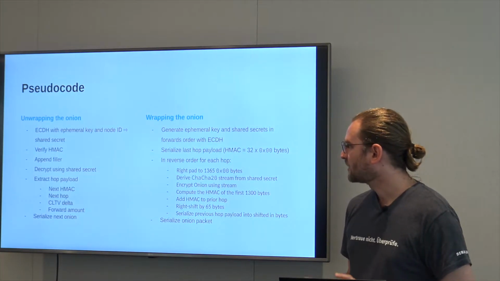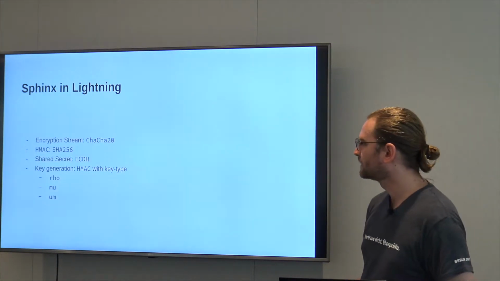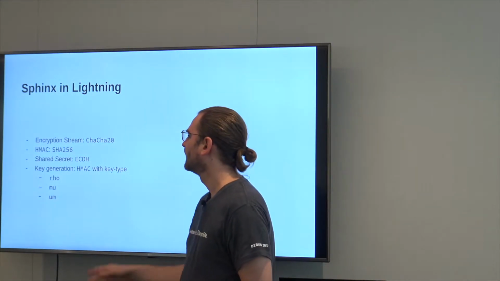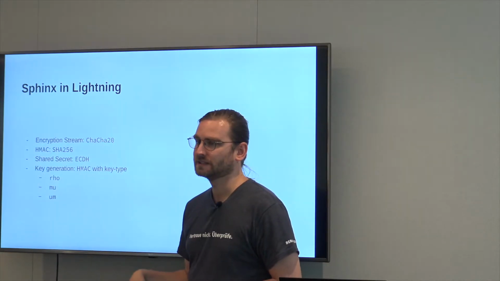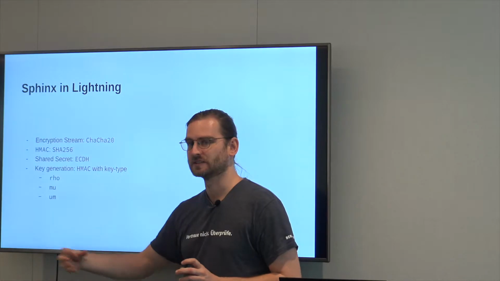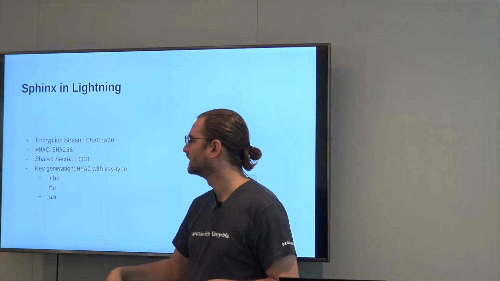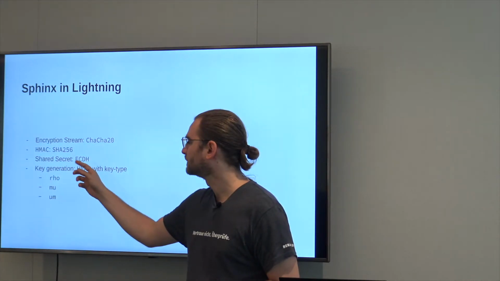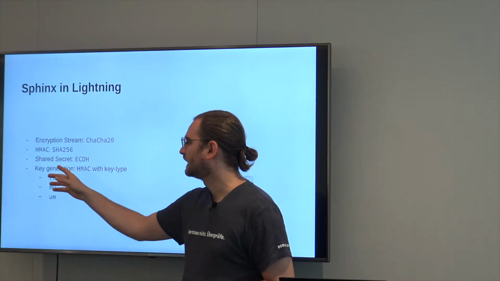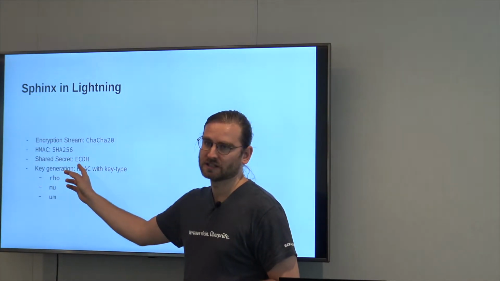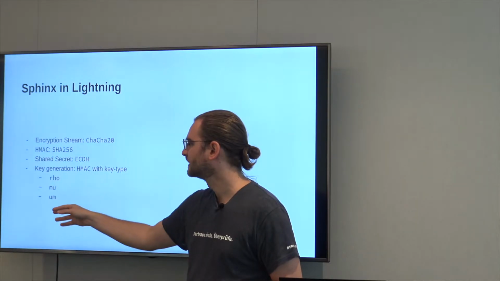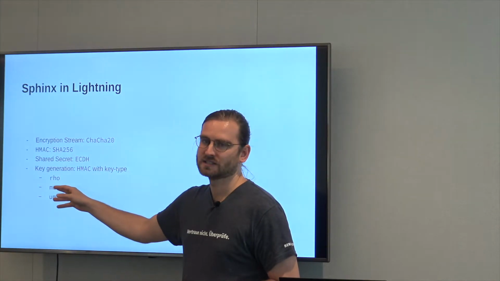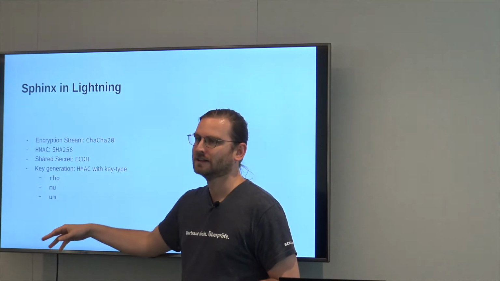Anyway, so all that's left is basically to add a few more details about what encryption we use and what HMAC and what shared secret. So we use ChaCha20 for the encryption stream. The stream is initialized using a shared secret that we derive from ECDH. And from that ECDH process, we derive 3 keys. The rho key is the encryption key, the mu key is the HMAC key, and the um key is what we use for the error on the backwards route,